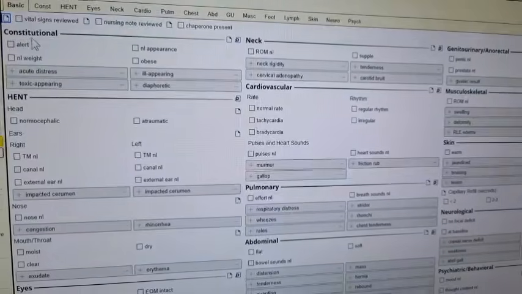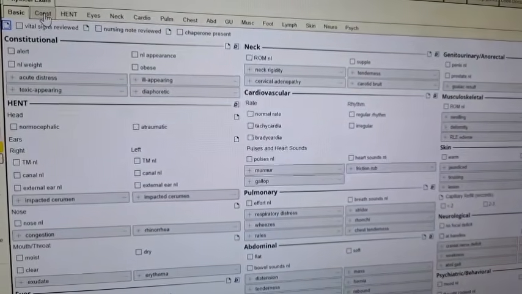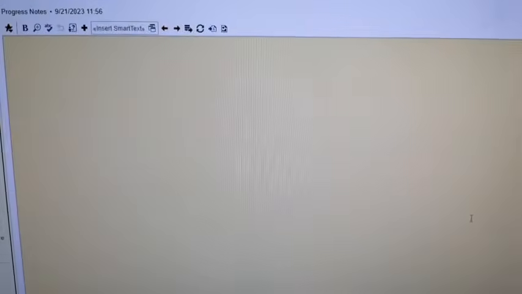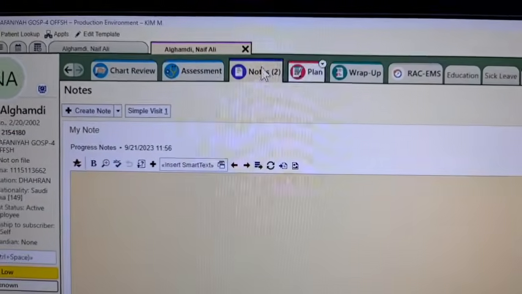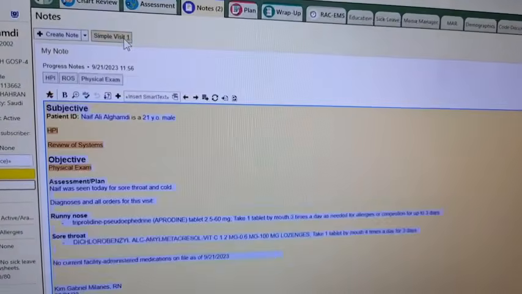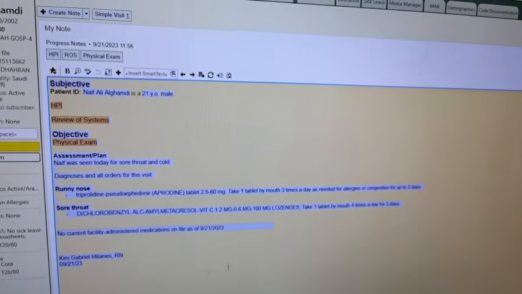After giving the medicine order, you go to notes. In the notes, you will see this blank sheet. What you will do is just click the simple visit. So there, the template will appear.